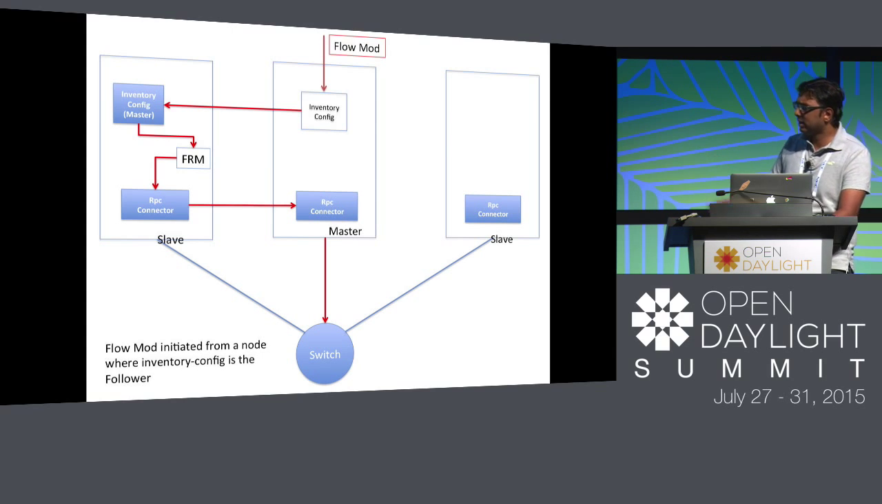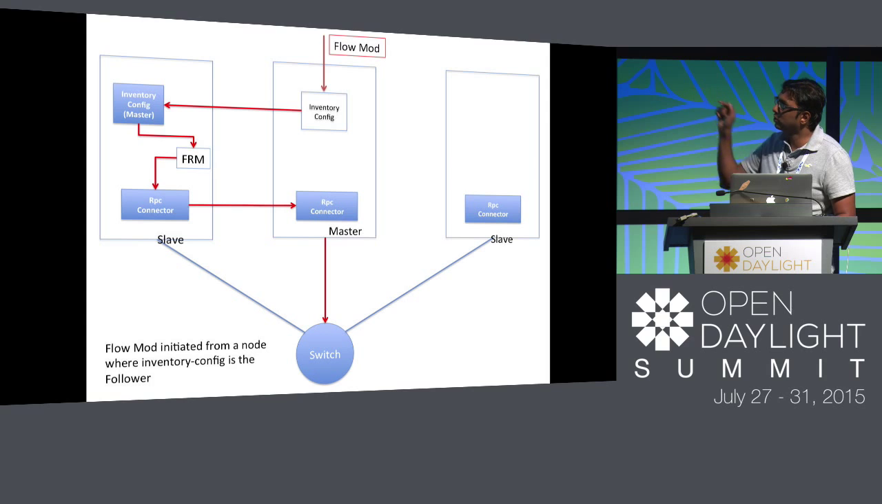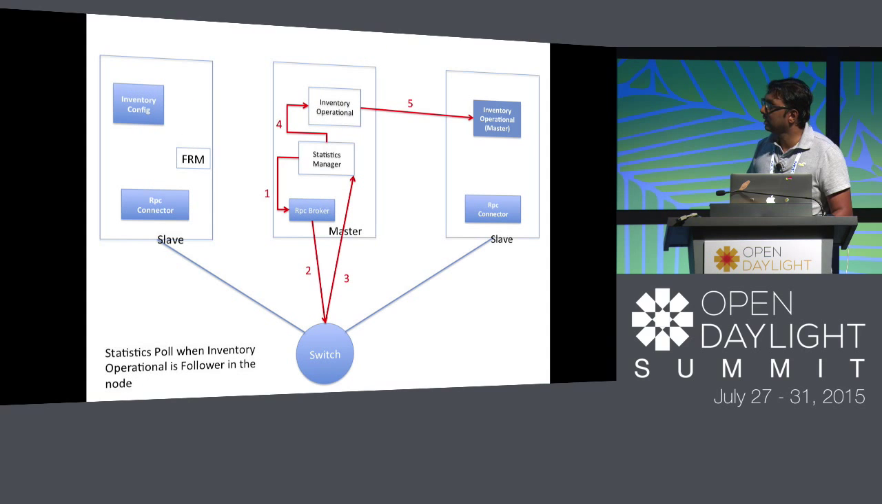And this is another scenario, it's pretty much the same thing, but you're trying to make a flow mod on a node where the inventory config is the follower, and that's where you see there's one more hop. It goes to the inventory config shard follower, and from there it goes to the master, gets picked up by the same FRM, makes an RPC, and then it goes to the master. So this is the number of hops which will be there around the cluster to make a flow mod with this design. And statistics,